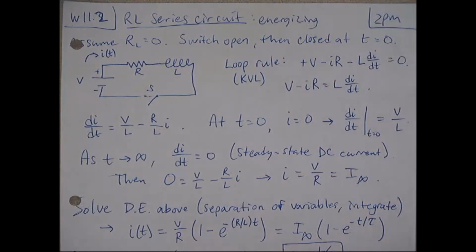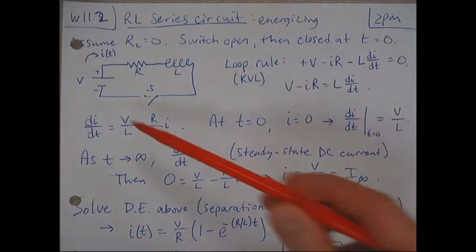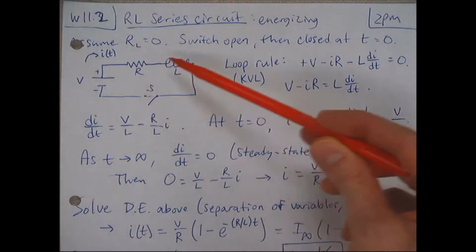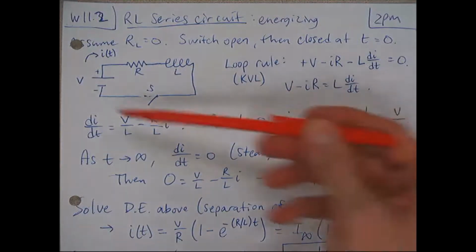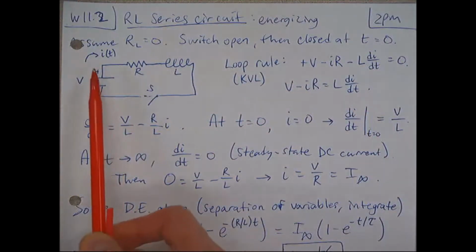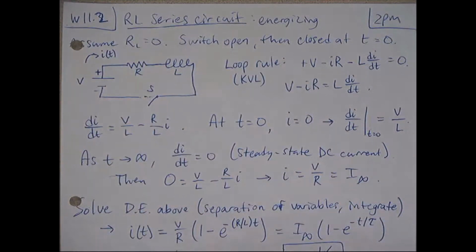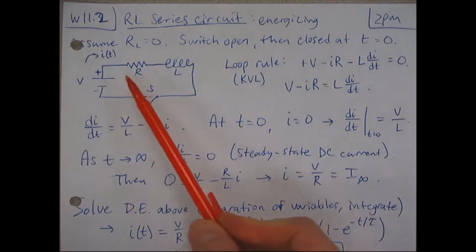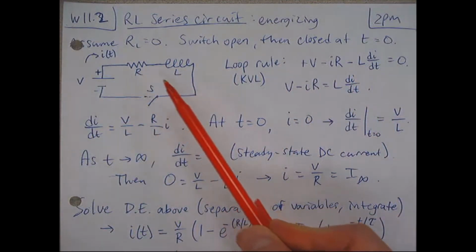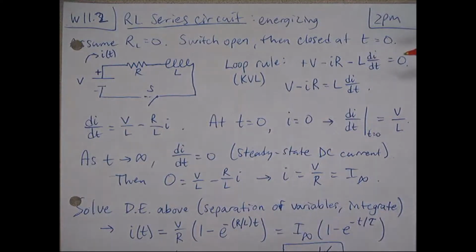So if we write down a KVL loop rule around our battery, resistor and inductor circuit, we have a plus battery voltage V. If we travel with the battery clockwise, we come up to minus the current I times the resistance R, and minus L di/dt. You'll see in class where this relationship comes from. It tells us the voltage drop across an inductor, and the